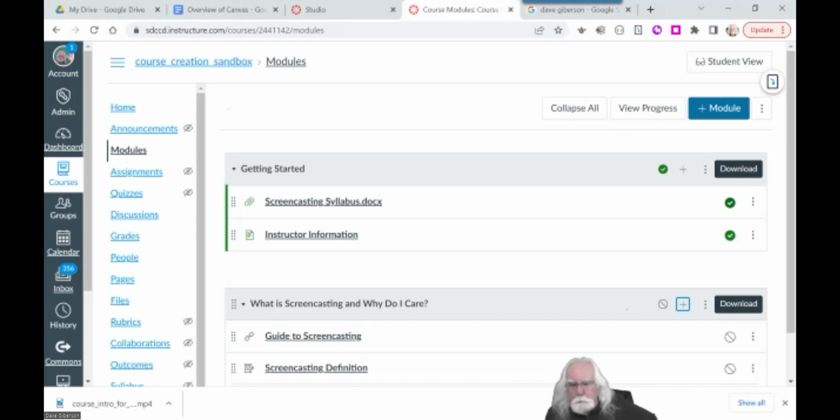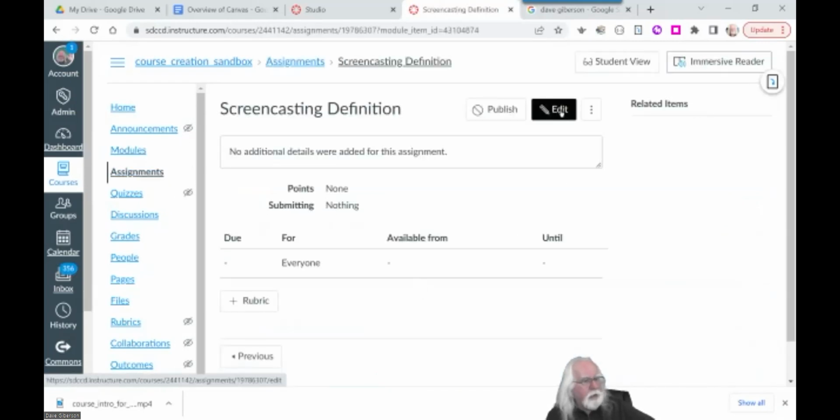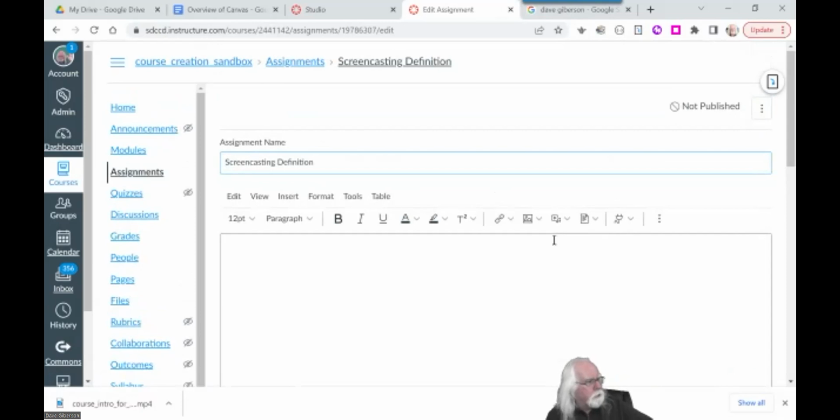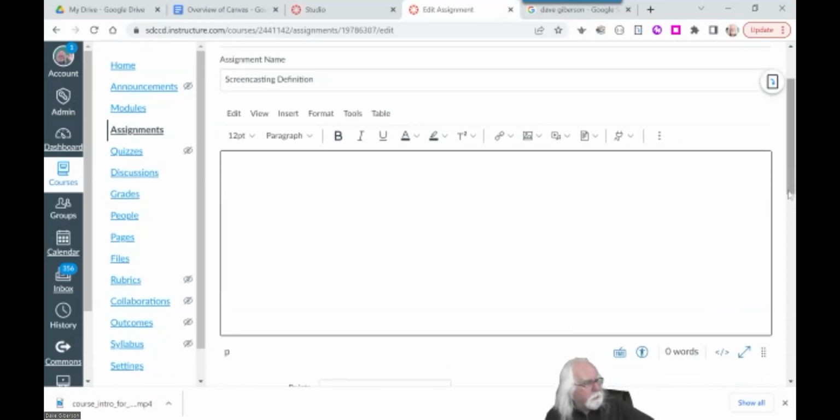It's just like the page. It's a blank assignment. There's nothing there yet. So to actually put something there, I have to click on the name of the assignment and edit it, as I did before with the Canvas page. And I go to an assignment creation screen. I already have the name of the assignment in there. I added that when I created the assignment. And then I'm given a rich content editor box wherein I can type or otherwise enter the instructions for the assignment, like define the term screencasting,